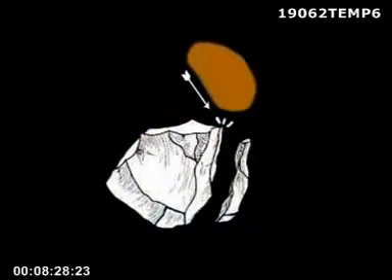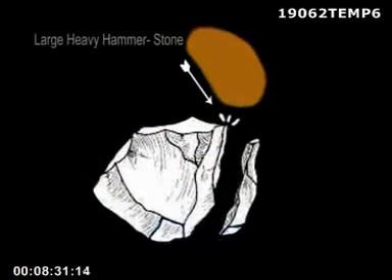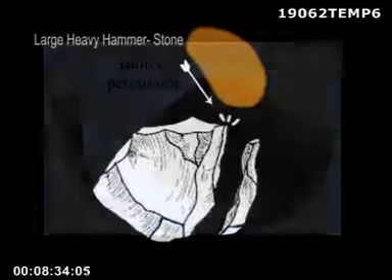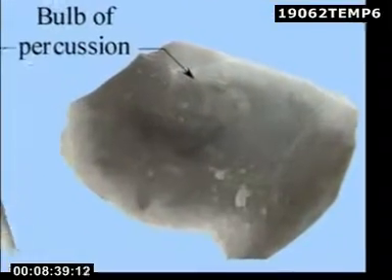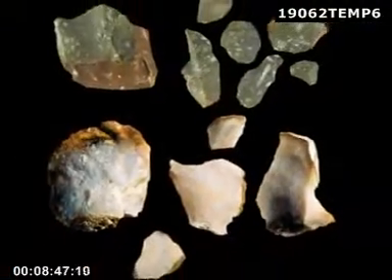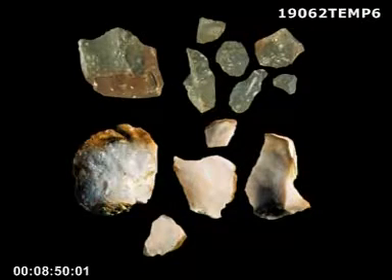In direct percussion flaking, the hammer strikes directly on the surface of the block of stone for detaching a desired flake. The flakes detached by using different hammers will exhibit different characters. For example, the flake struck off the core by using a large heavy hammerstone will exhibit a very prominent bulb of percussion on the main flake surface, while a light stone hammer produces flakes with a small and flatter bulb of percussion.